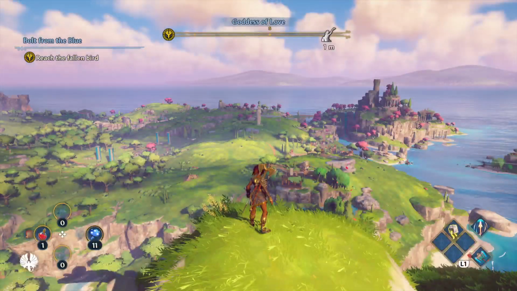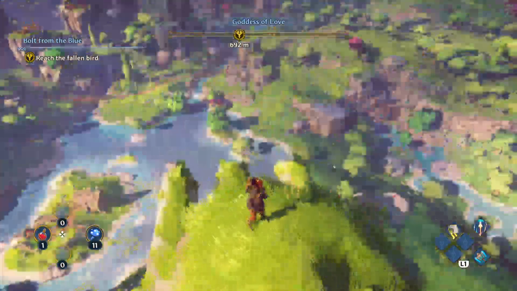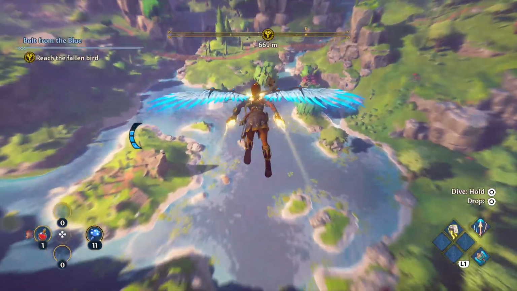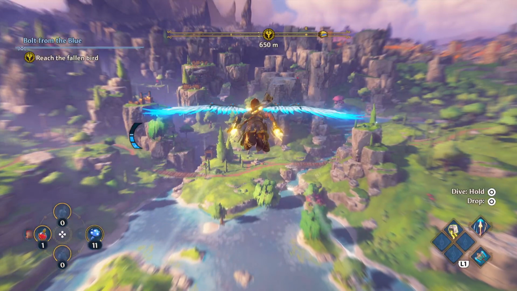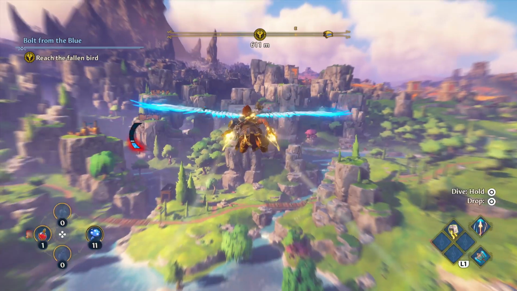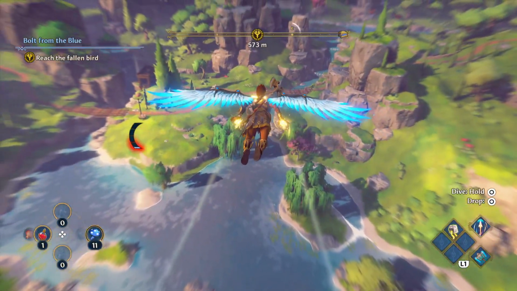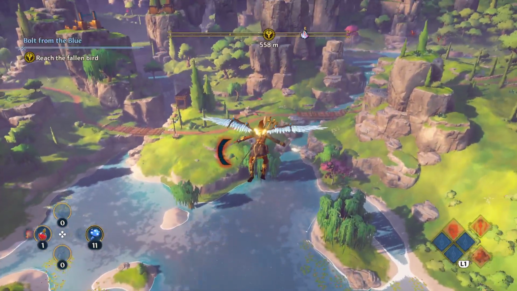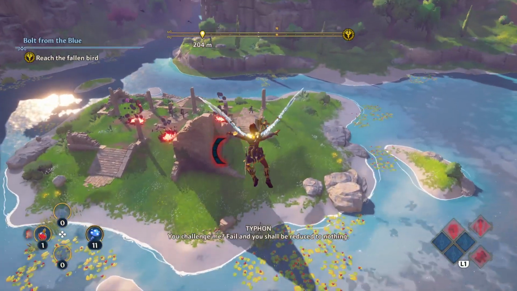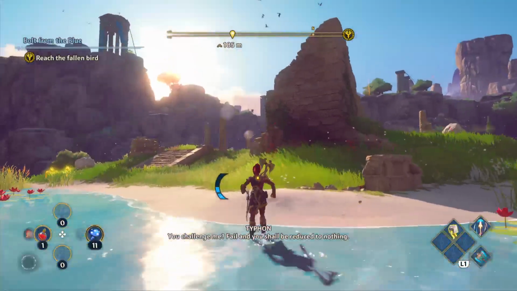I gotta stop doing this. I'd sit here forever doing it. Alright, the bird. See if we can get decently close. Going for a body of water, so if I fall, it won't. Well. Actually, I take that back. Challenge me, fail, and you shall be reduced to nothing. You can actually drown if you don't have the...